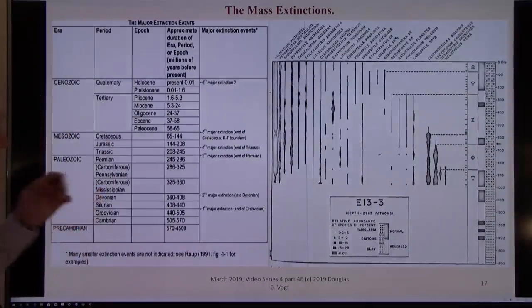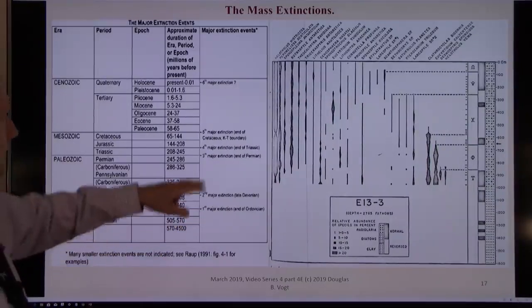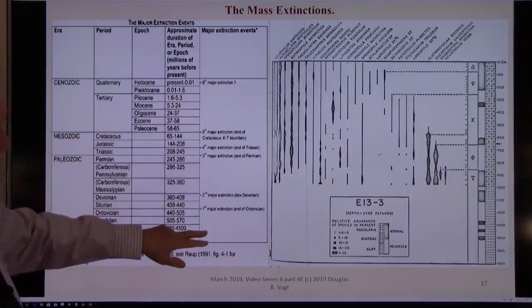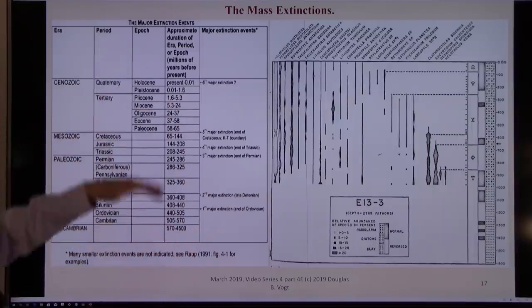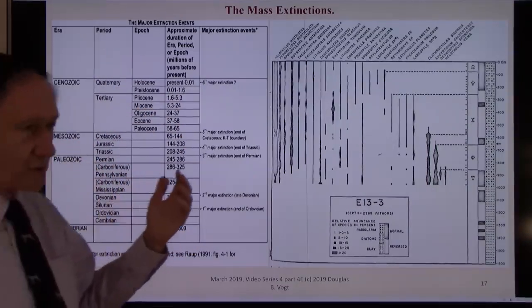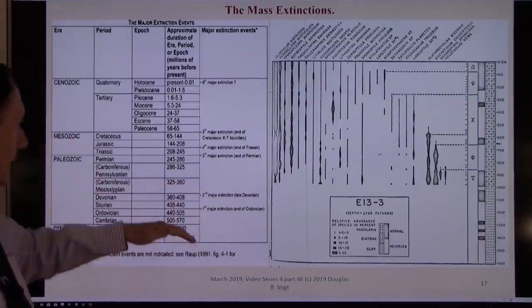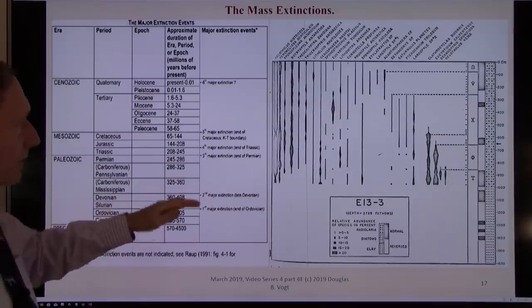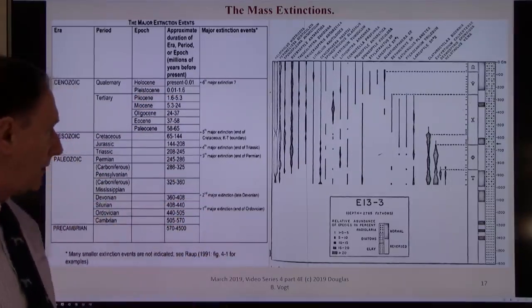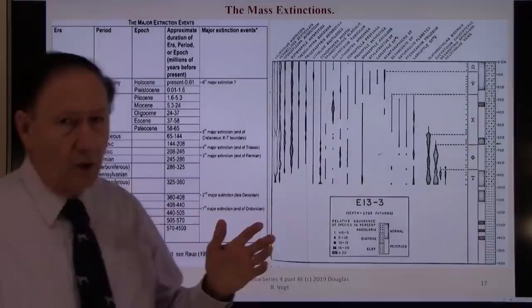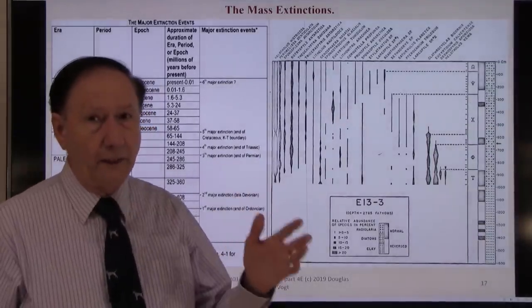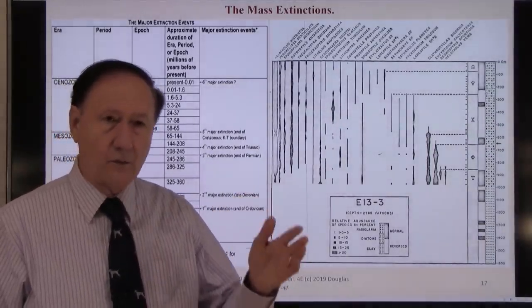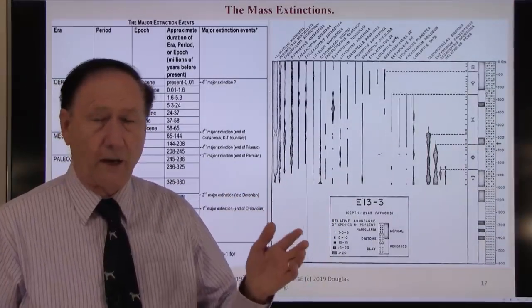Here's another printout from one of the journals. He's measuring 6 different major extinctions at different periods of time, just like the 2 professors from the University of Chicago had mentioned. This is where they all fall, really big kill-offs. In other words, you may have a normal nova, and then sometimes you have a real big one. In other words, it cycles within cycles. I don't know why or how long.